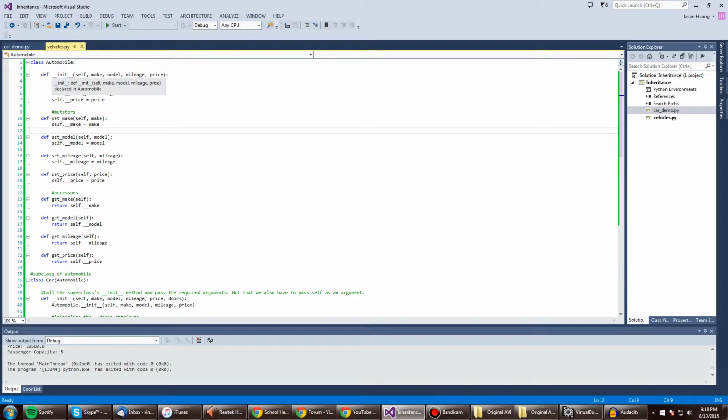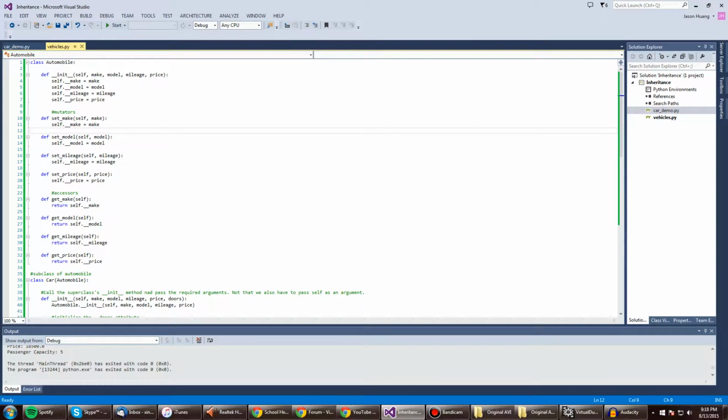We're going to define our init, which will contain self, make, model, mileage, and price. And like so, you do self dot underscore underscore make equals, and then the names that you want to make the variables. Here are the mutators, so it's going to be set, self, make, and then like so, you make